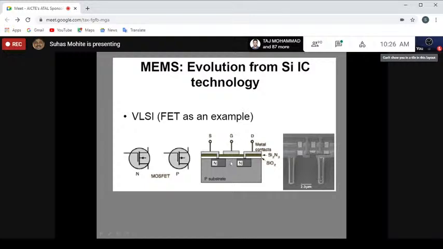and when this is turned on and off, this is a NOT gate, and a NOT gate is essentially a switch. The whole story of microelectronics is the reduction in the size of this particular switch, where when the gate input is 0, you have output 1, and when the gate input is 1, the output is 0. So a transistor is a NOT gate, and using a NOT gate, several other gates can be realized,